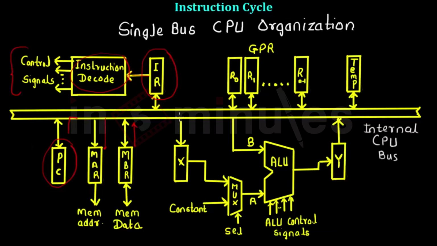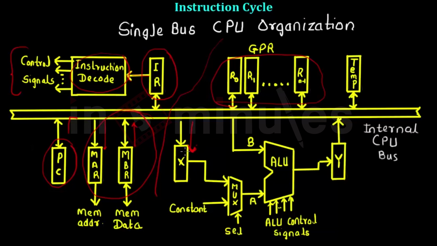Then, depending on the control signals, different operations are performed in this area of the CPU. That is, these are general purpose registers. These registers can be fetched if they are specified as operands, or we can again have the memory accessed through MAR and MBR, that is, the memory address and memory data registers. After operands are fetched through either register memory or external memory, we are going to have the ALU operation. So you can see here the register X,